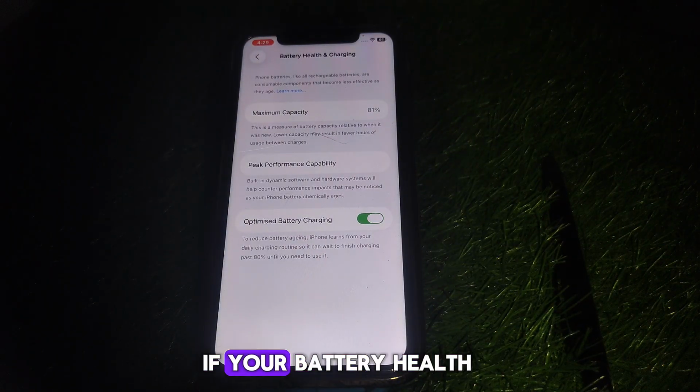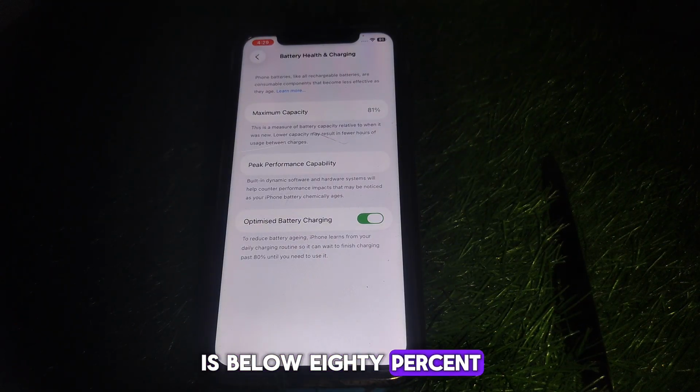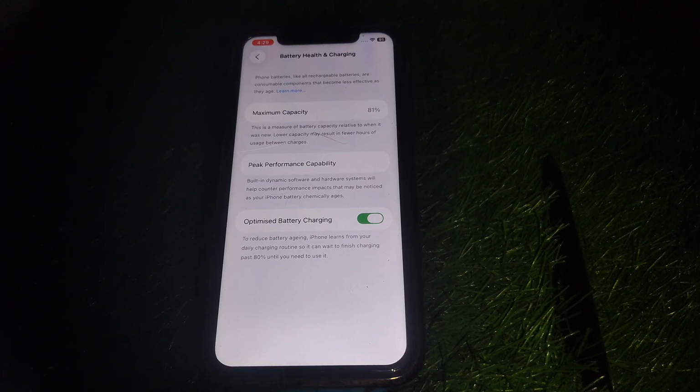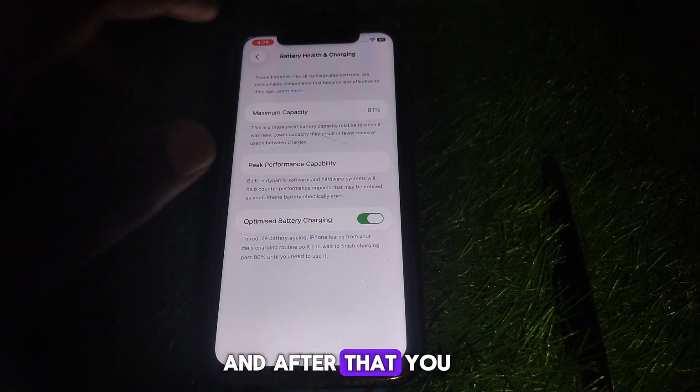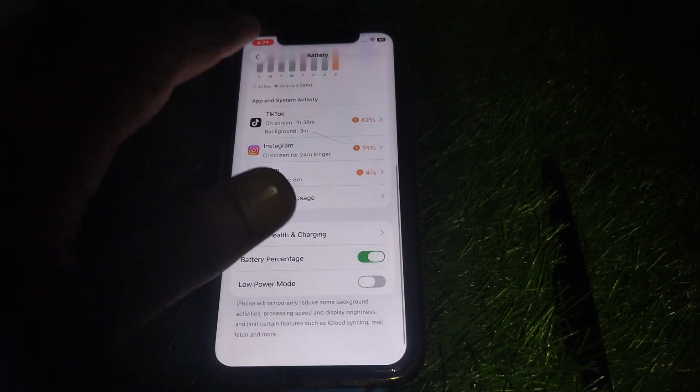If your battery health is below 80%, then there may be a chance that your battery needs to be replaced. In that case, you have to replace your battery from the official Apple Store, and after that check whether your battery percentage is showing well